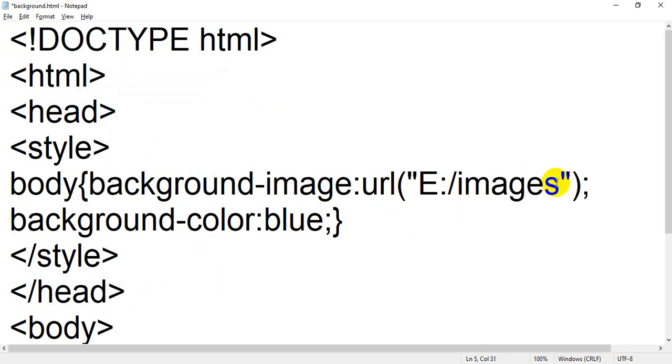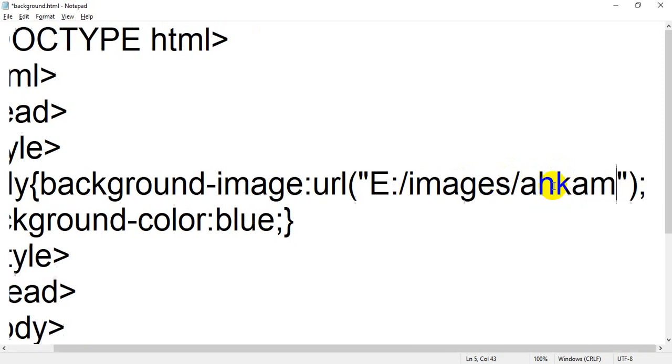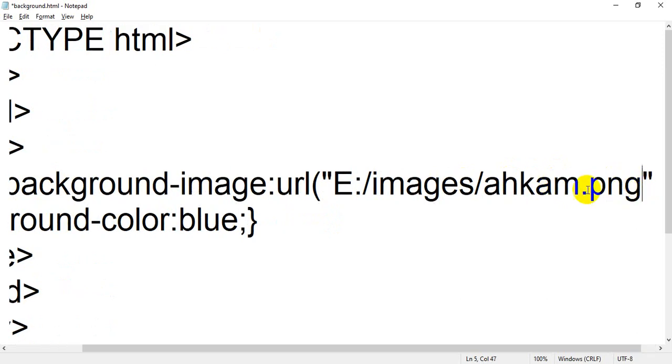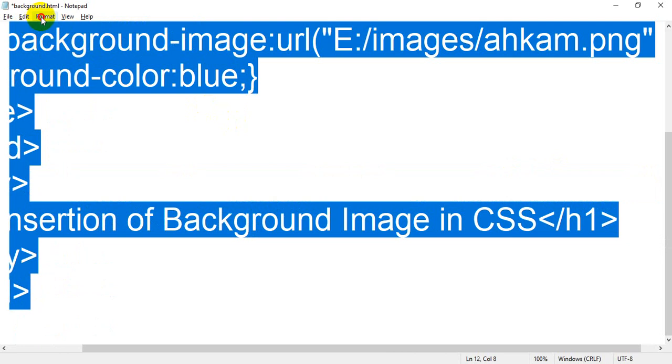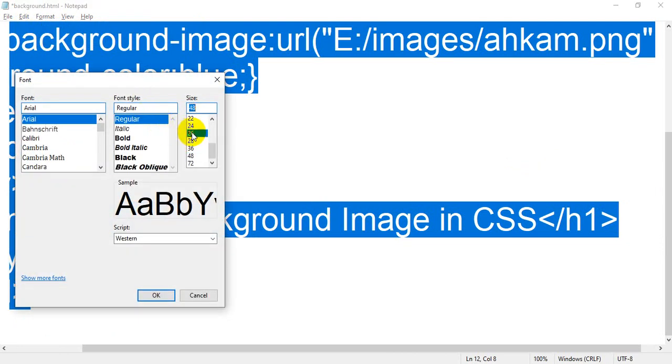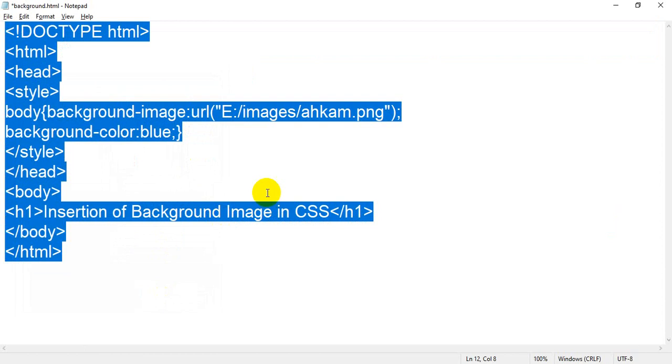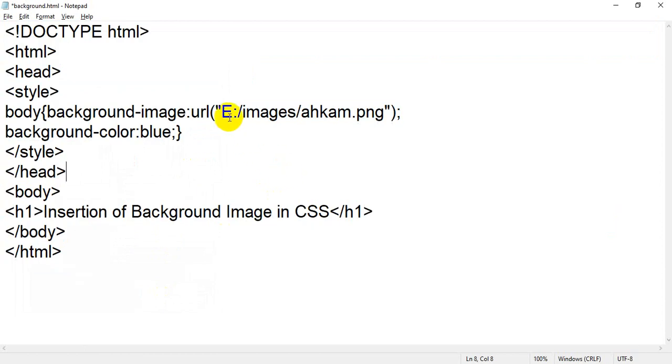Okay, then after images give one forward slash, then you have to write the name of the file, acom.png. So the only thing you have to do is just replace your backward slash with forward slash.